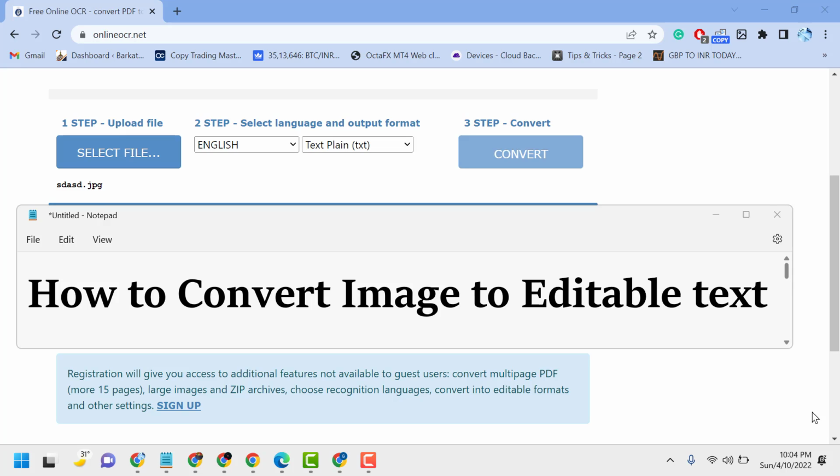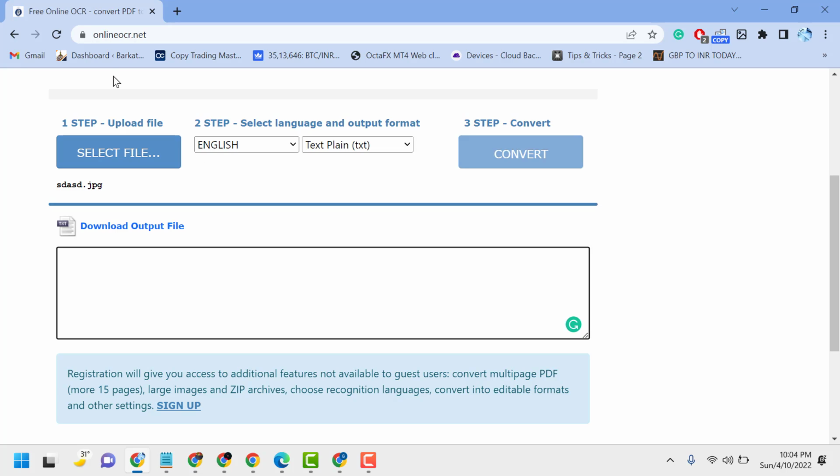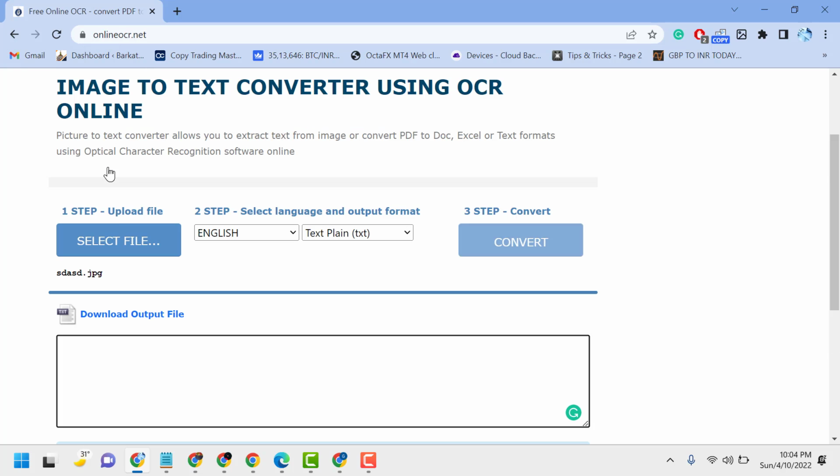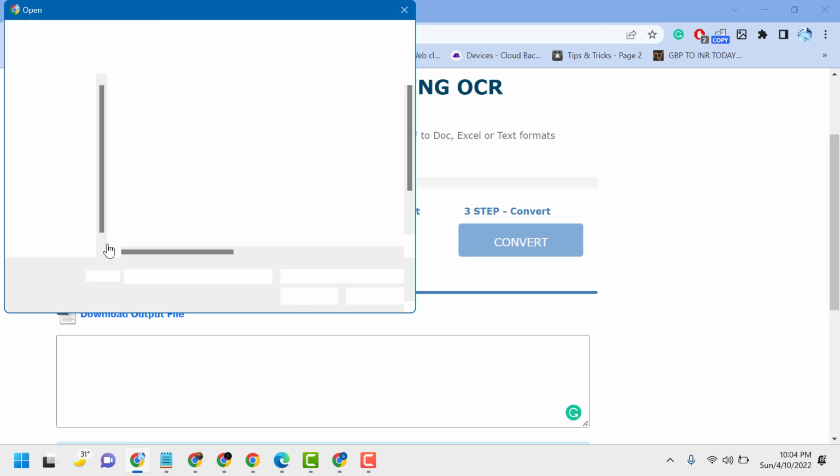In this video, I will show you how to convert image to editable text. So firstly, visit this site, OnlineOCR.net. Now, 3 steps. First one, select your image,